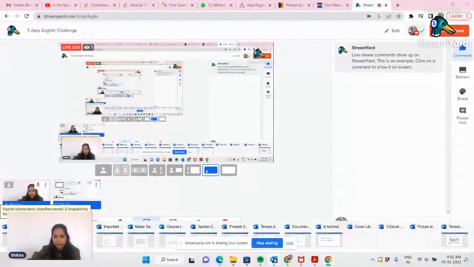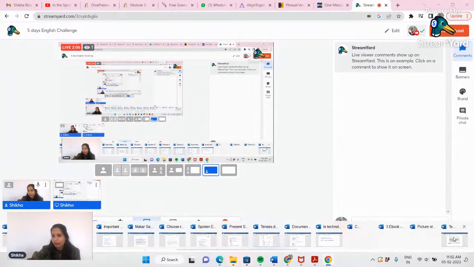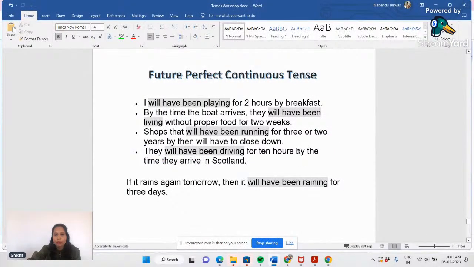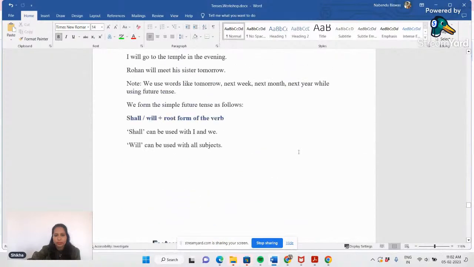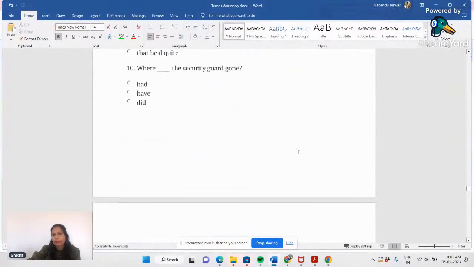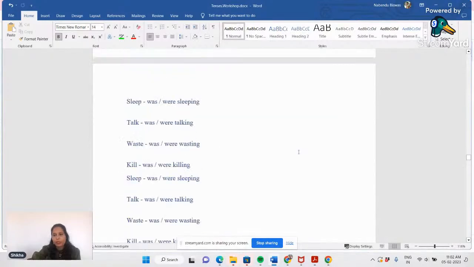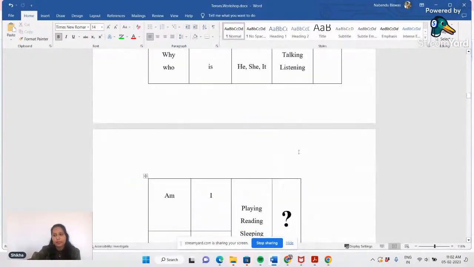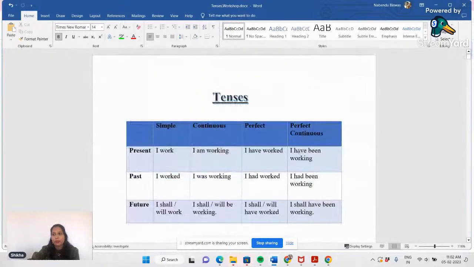Okay, so yesterday we did some part of the tenses. We are not done with the tenses, so we will do all the things which we have not done. So from last 2 days we had seen what is simple present tense, what is present continuous tense, what is simple past tense, past continuous tense, what is present perfect tense, present perfect continuous tense. Yes, so we saw all these tenses, right? And we also saw the difference between them. So let me just give you a gist of what we have learned from last 2 days.